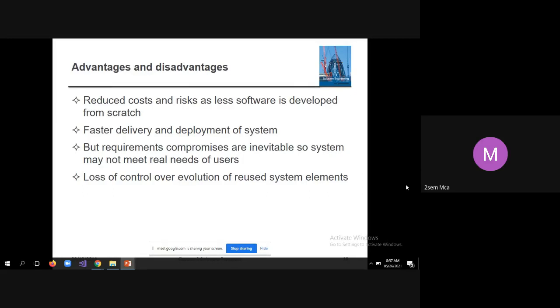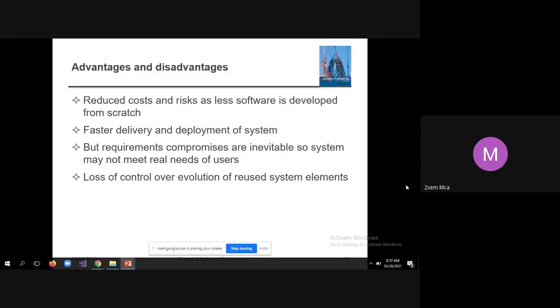Then it helps faster delivery and deployment of the system, so that you can work out the budget, and that's the main thing. And you can deliver the product in time, which will be appreciated by your client.